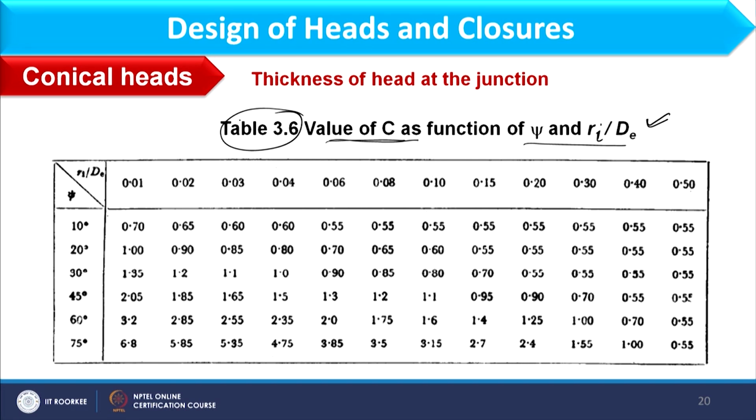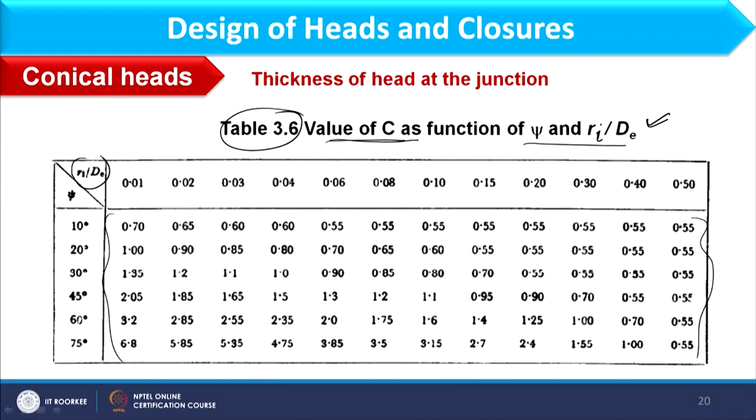Now if you see this table here, in first column I am having different angles of psi, okay, and here we have different values of Ri by dE, and all these values are nothing but values of C. So if I am not having different values of psi as well as alpha, I can consider psi equal to alpha. Okay. If it is different, that difference will be mentioned. Okay. Now we have two conditions, when knuckle part is there and when knuckle part is not there.